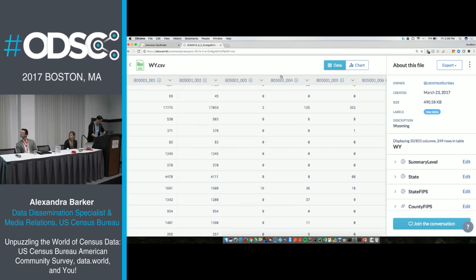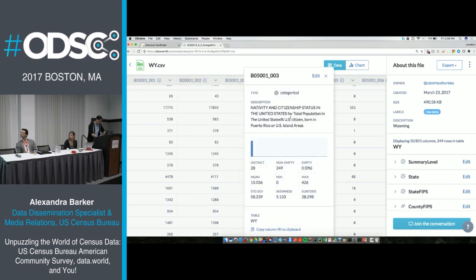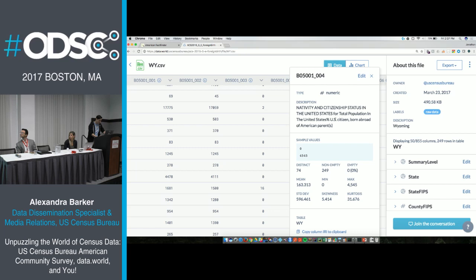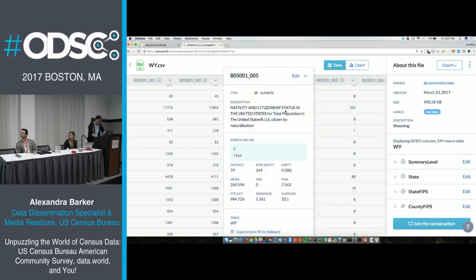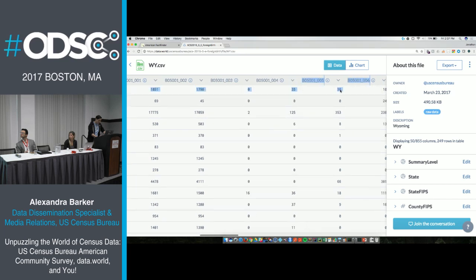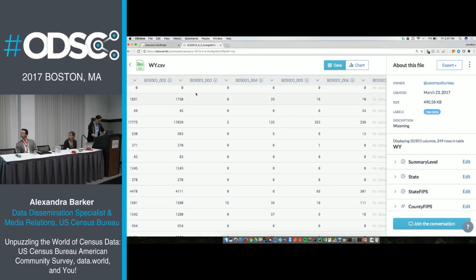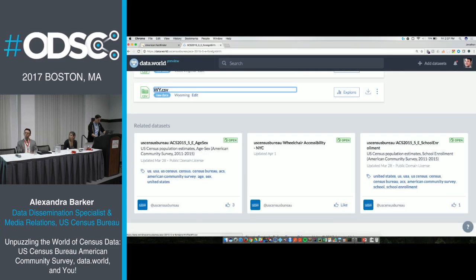And then number 2 is for US citizens. Number 3 is for US citizens that were born in Puerto Rico or US island areas. Number 4 is US citizens born abroad. Number 5 is naturalized citizens. And number 6 is not citizen.